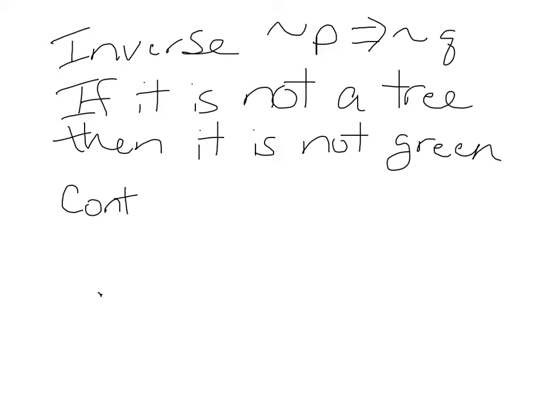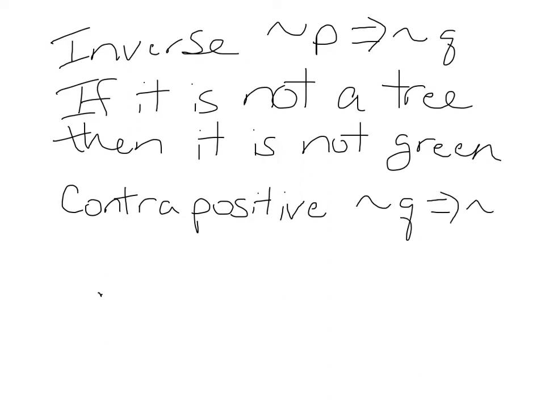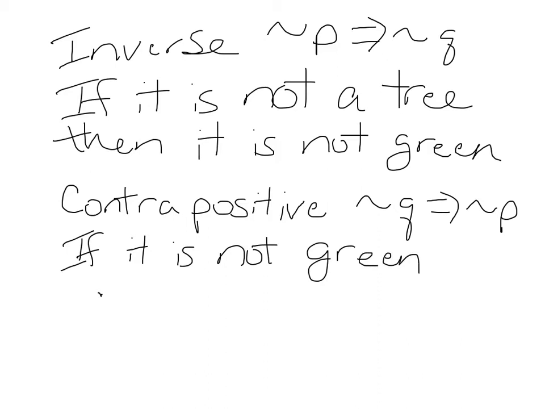Contrapositive is where you have the nots and you switch the order. Not Q implies not P. So if it is not green, then it is not a tree. If it is not green, then it is not a